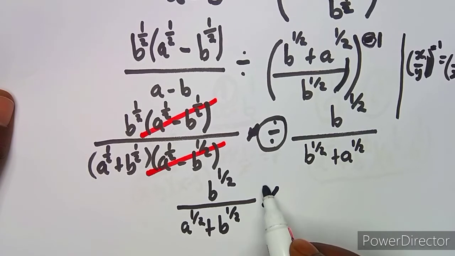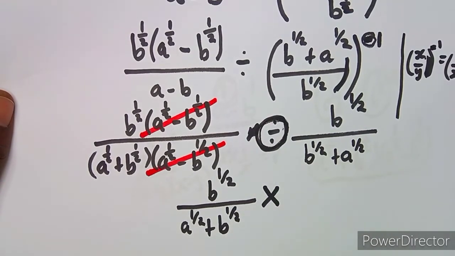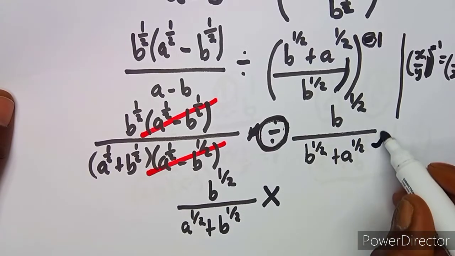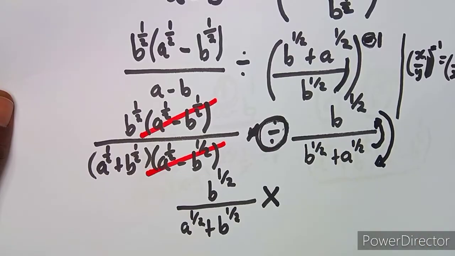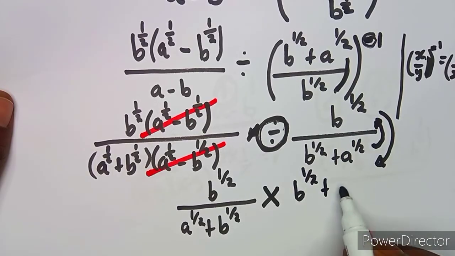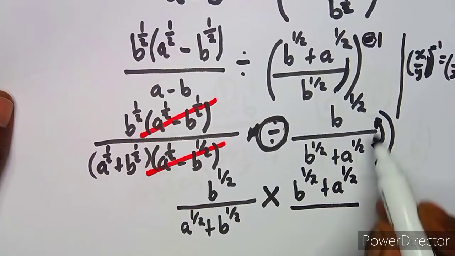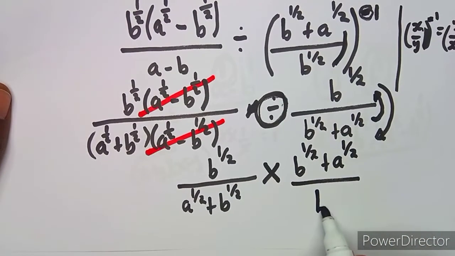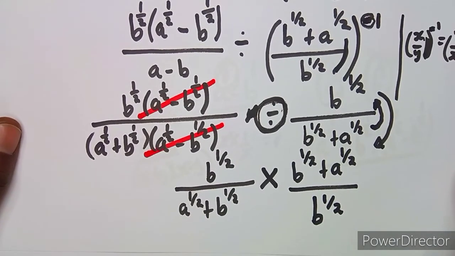Remember, we want to introduce multiplication. The moment you introduce multiplication, remember what happens? You invert the second fraction. So we are inverting this fraction again. So this will be written on top: b to the exponent of half plus a to the exponent of half over, this is going to be written down, which is b to the exponent of a half. All right, so remember, guys, that